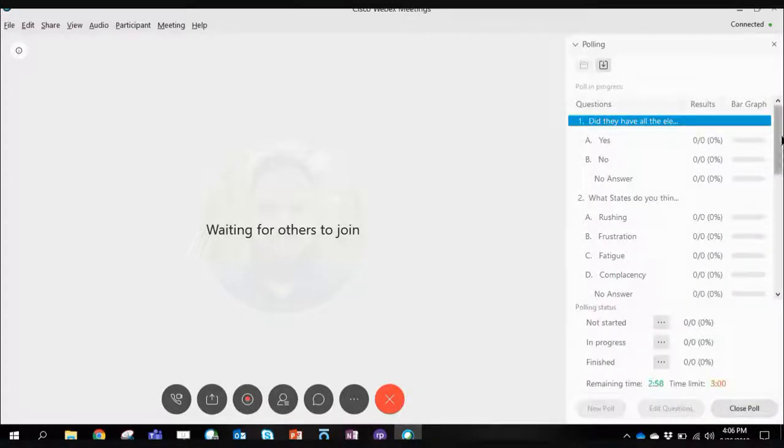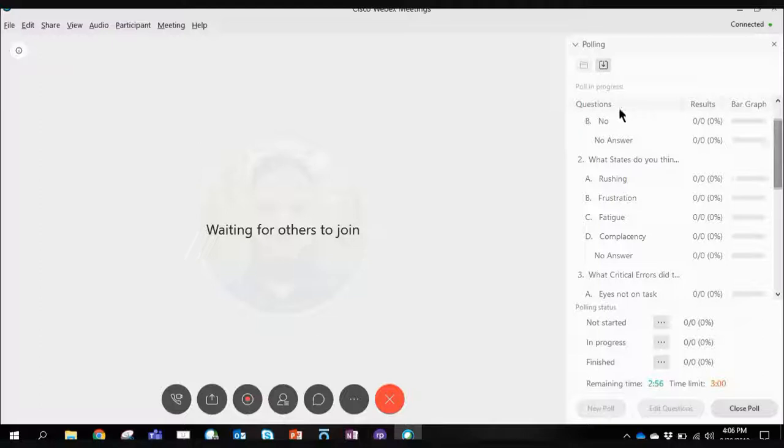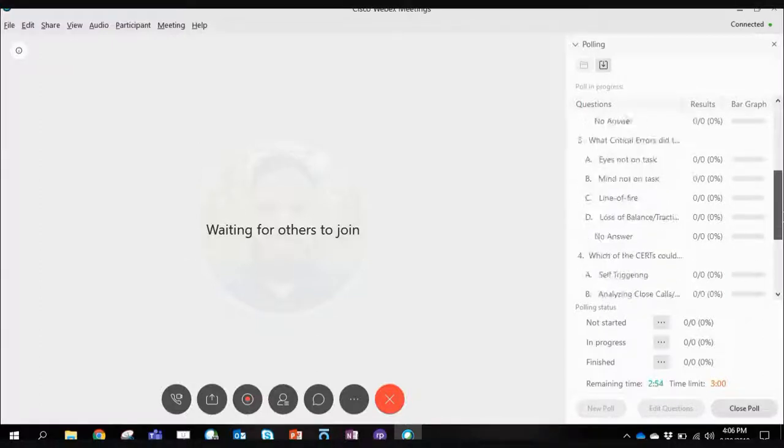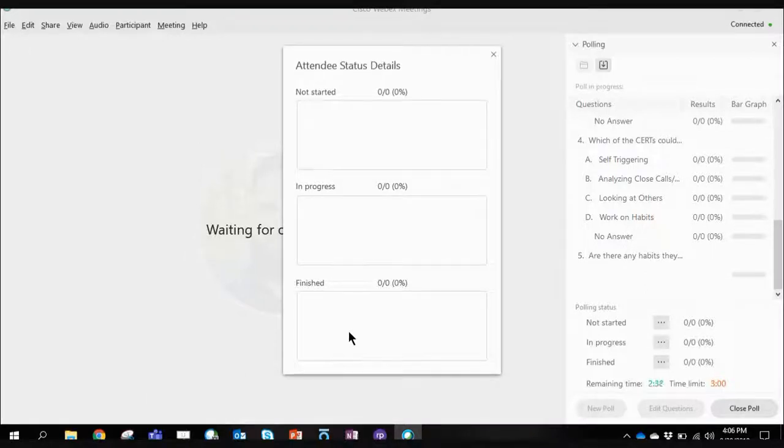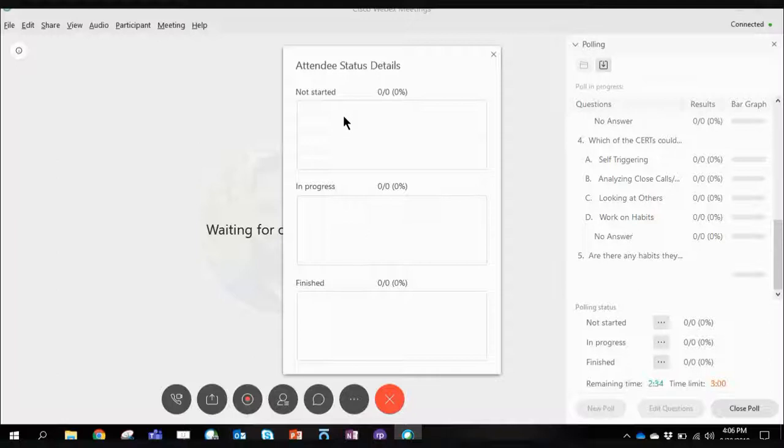And in here, you're going to be able to see everybody starting to answer the questions. And also, if you're running into issues, people not answering, you can actually look here, click one of the buttons, and you can see people who have not started, who are in progress, and finished. So that if you get down to the last minute or maybe the halfway check-in, you could say, hey,